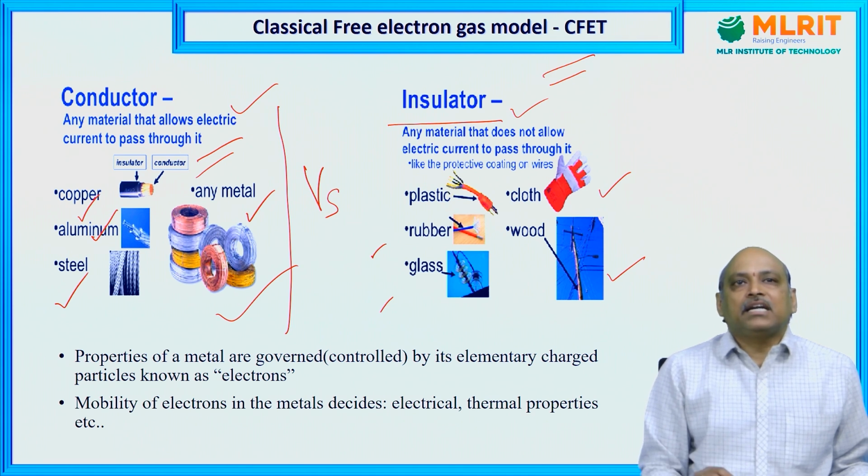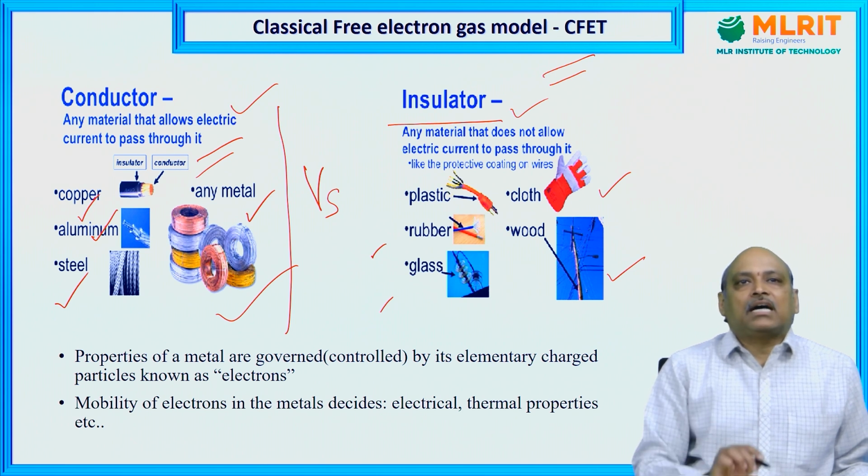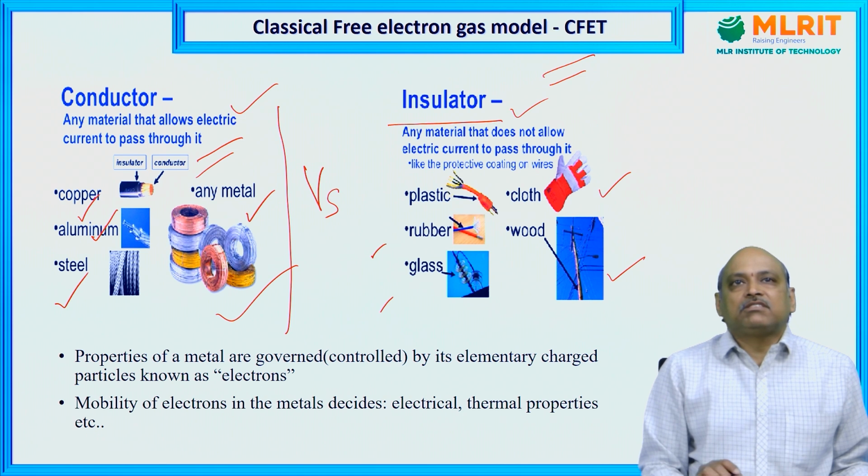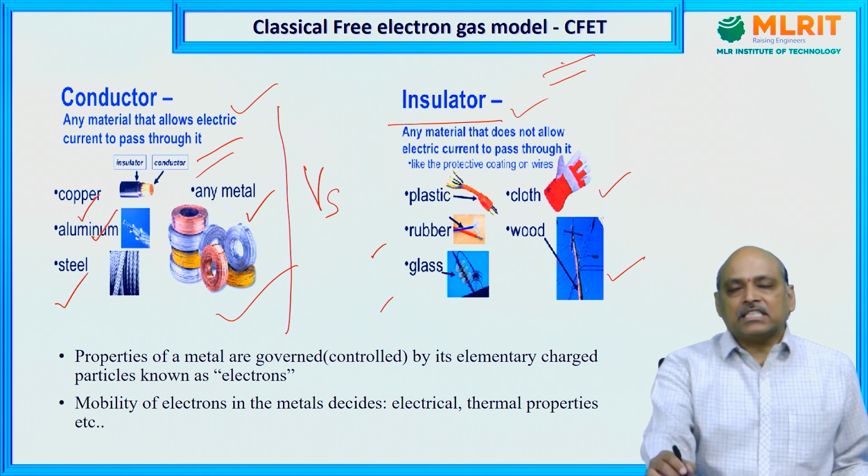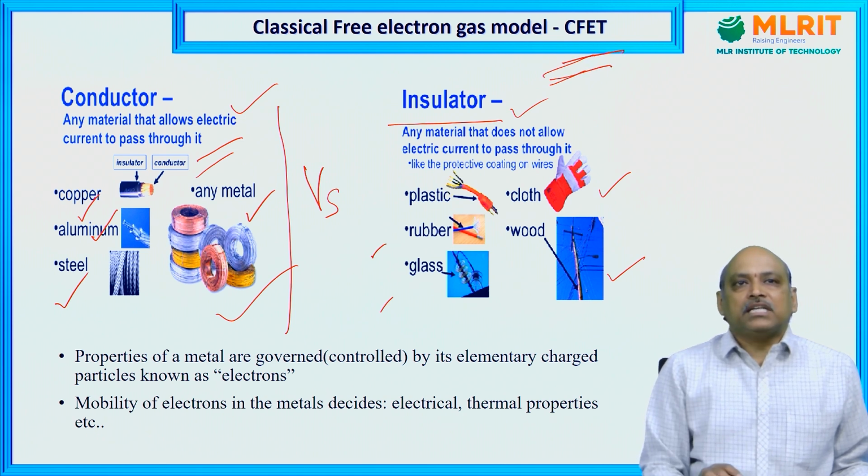In 1900, nobody knew why conductors have high electrical conductivity compared with other materials. The first theory explaining this is the classical free electron theory. In today's session, you are going to learn what the classical free electron theory and the quantum free electron theory are, and the successes and failures of these theories.